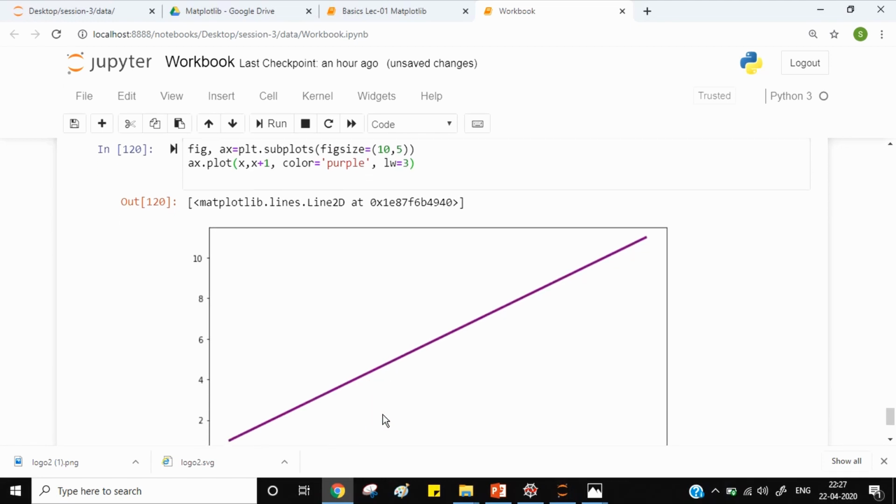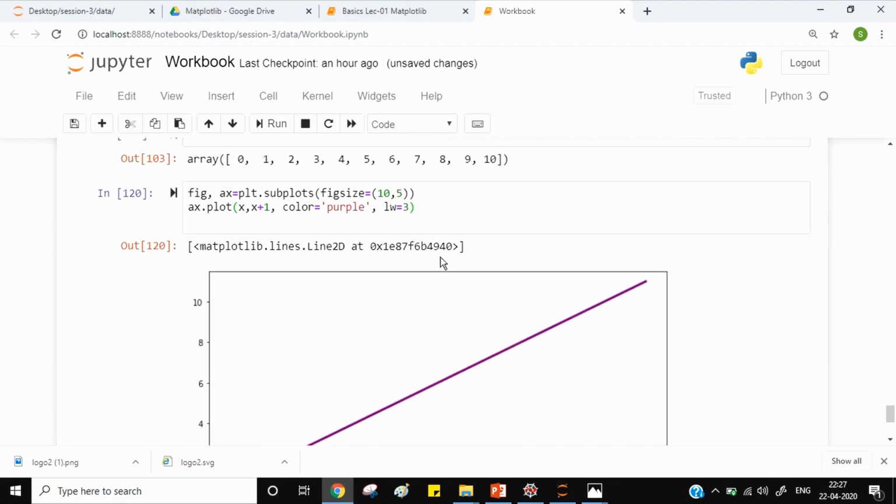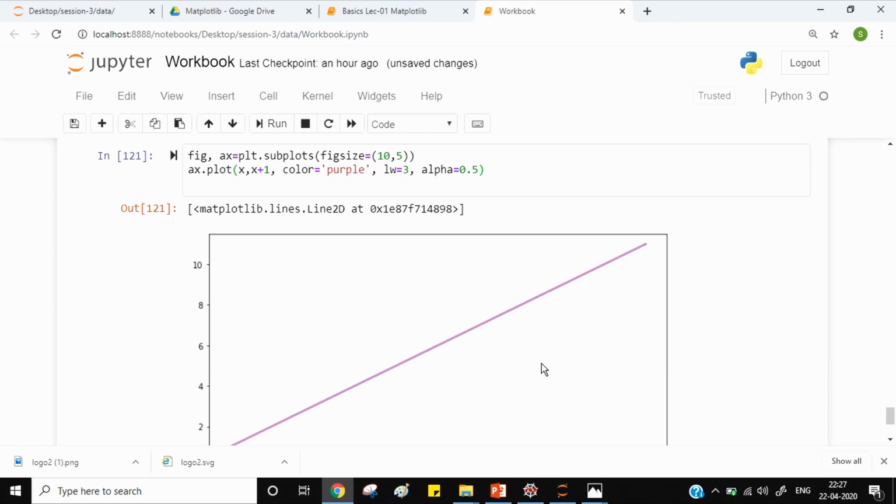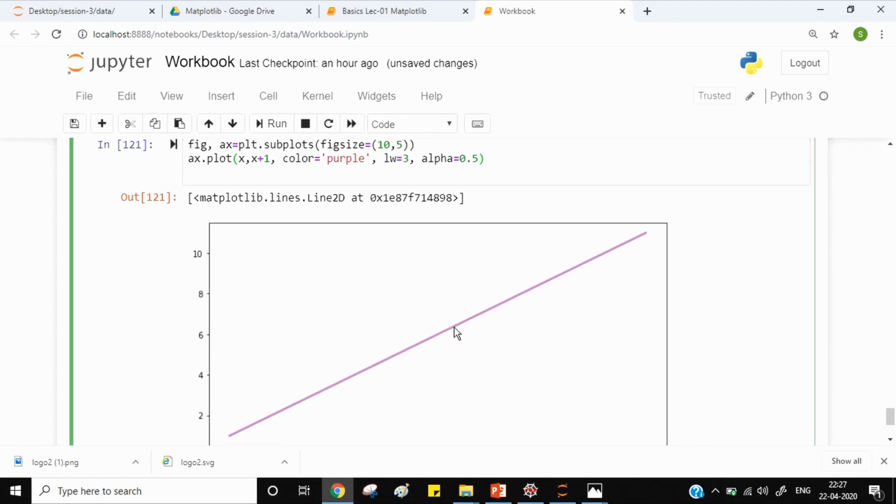This is my plot for y equal to x plus 1. Now there is a parameter named alpha. That alpha is used to show the opacity. Say I use alpha equal to 0.5. You saw that the plot has become a bit lighter because it has become more transparent.